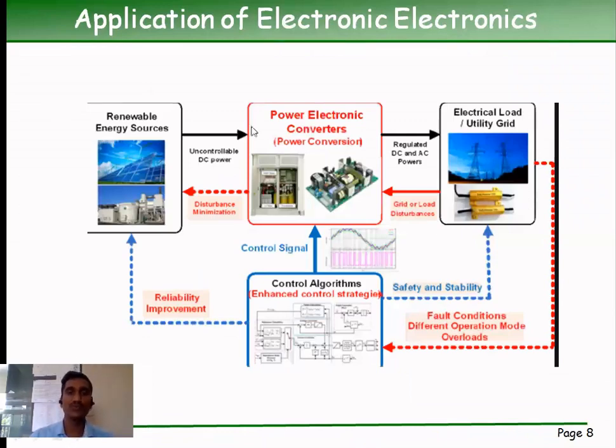So again, we can look. The next application of the power electronics is to provide renewable energy to the transformer, that is transmission applications. These are the grid. So this power electronics takes the power from the renewable sources, that may be a solar cell, maybe a photovoltaic cell.